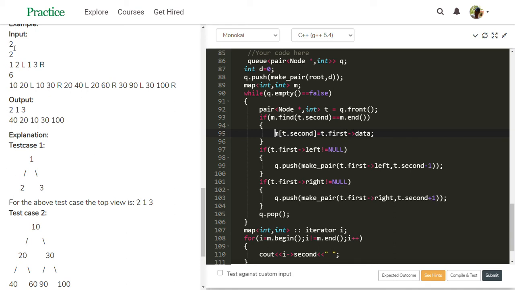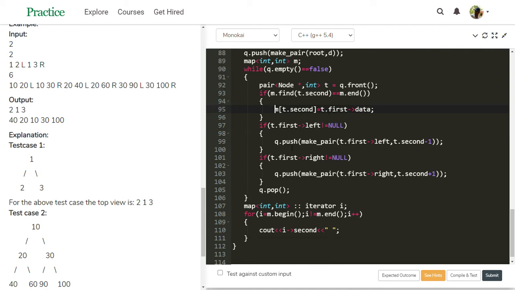Take this first test case to get the idea. This is 1, so m[0] is 1 now. Then check this one: t.first is the node address. Is left not null? Yes, not null. Left has the node 2, so this block executes.